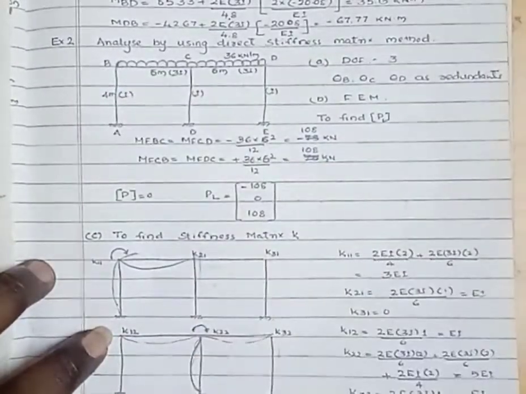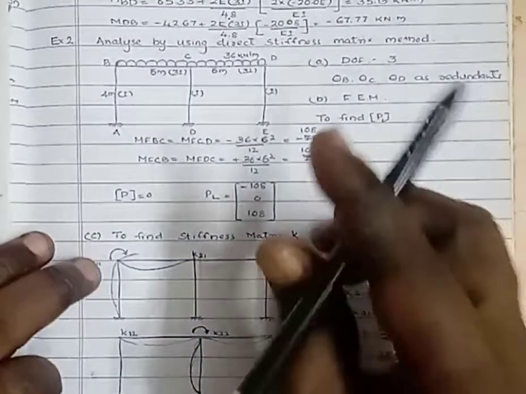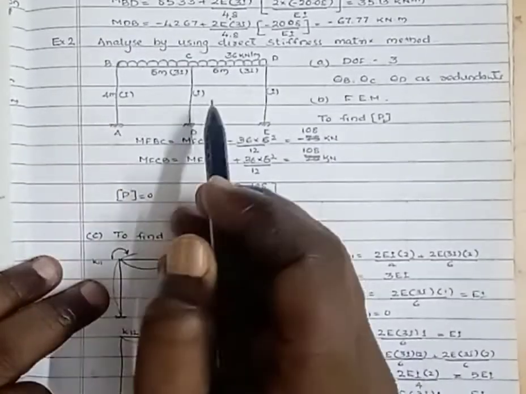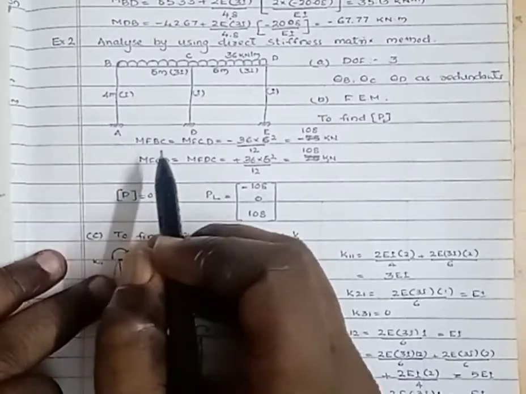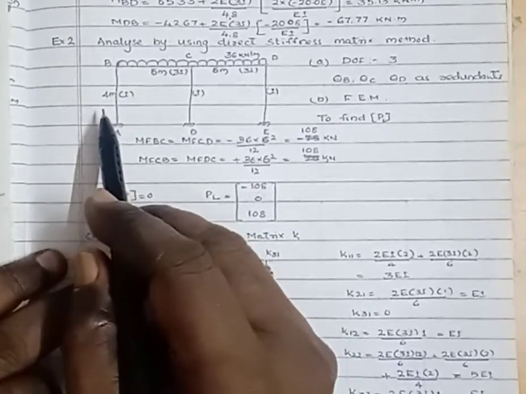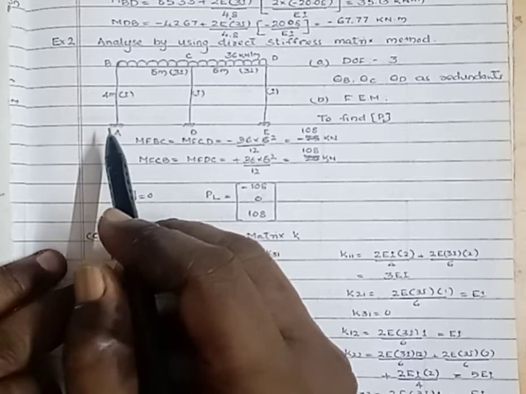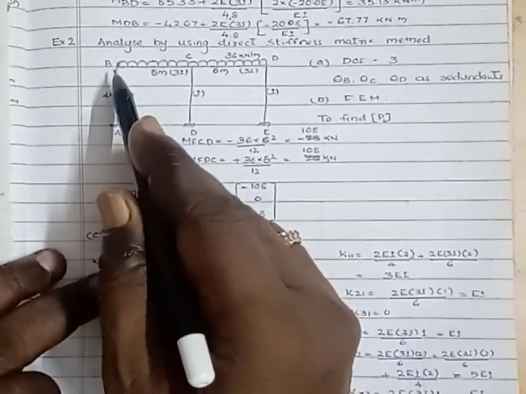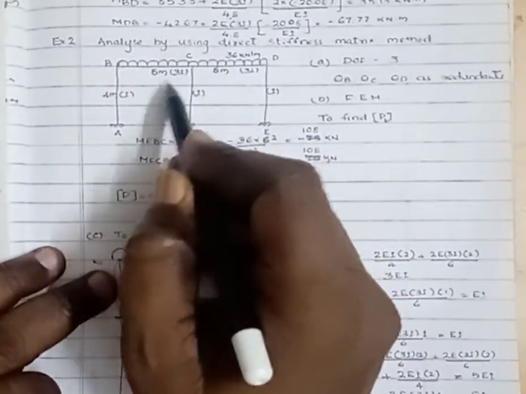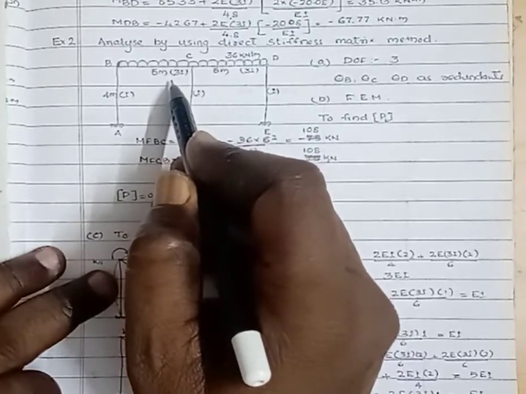Analyze the portal frame shown in the figure by using the direct stiffness matrix method. Here this one is a two-way portal frame, single story with two bays. Here A to B is 4 meter, B to C is 5 meter with moment of inertia 3I,